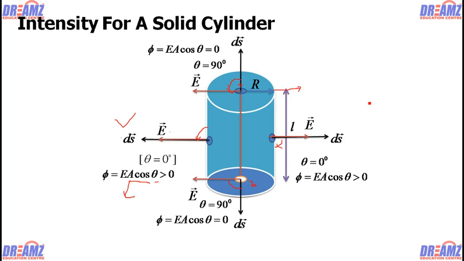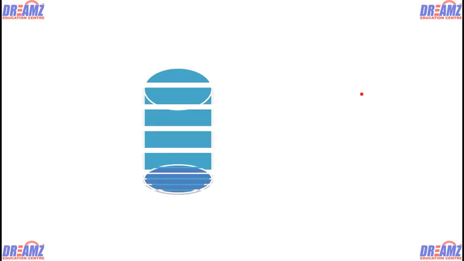Now we are moving to another concept which is very important for this proof. If we consider this cylinder, the length of the cylinder is L and this is the axis. In the case of a sphere, we were considering a quantity small r, and this small r was the distance of any point from the center of the sphere.